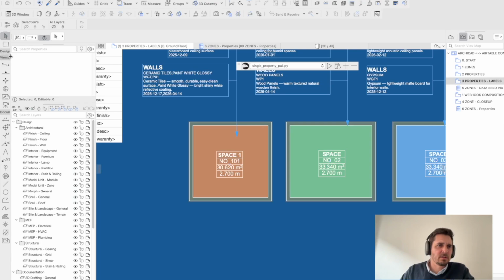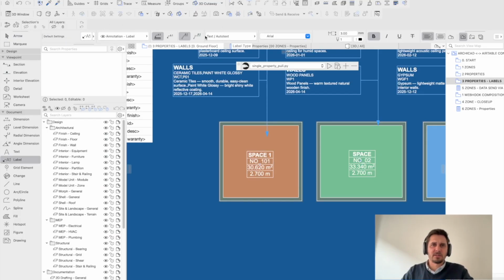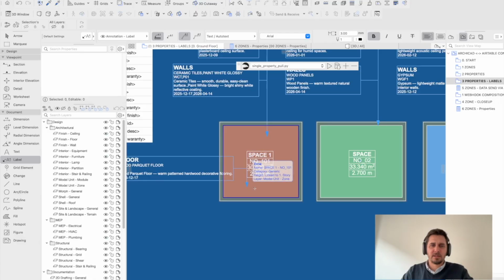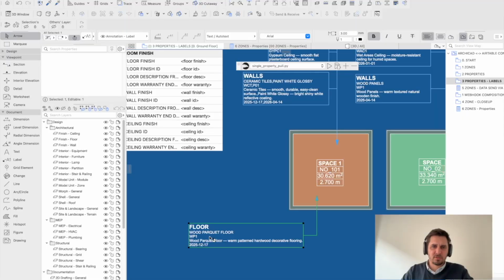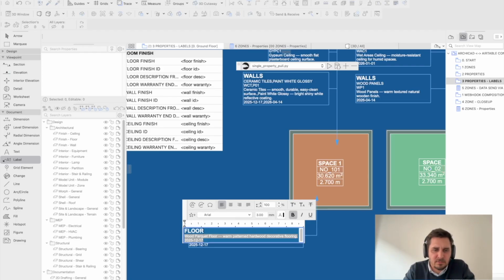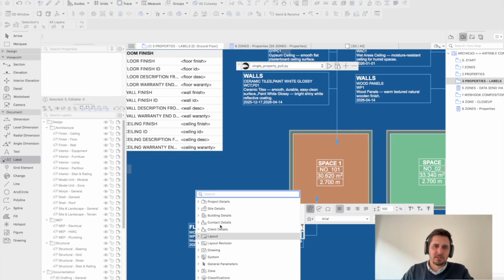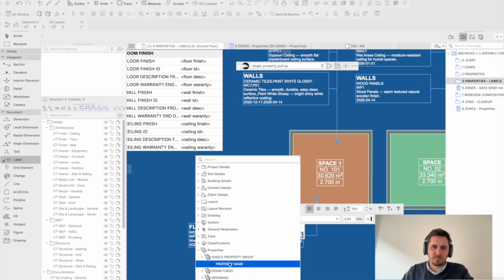So we're gonna get from here, you will find in the document tab here, label. We are gonna get this auto text label, and we will click here on the zone. By default it has some values, so we double click here. We're gonna delete everything, and I'm gonna click here, auto text. I will go to properties, single property group, property name,